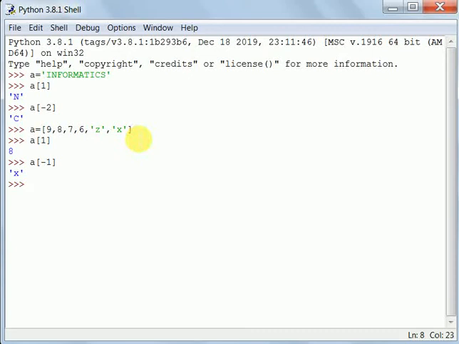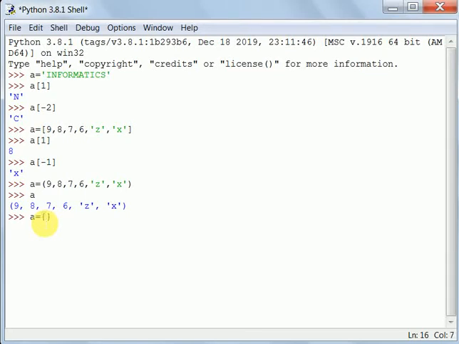Similarly it goes for tuple. A tuple you can give like this. If you don't write in box brackets and give it in normal brackets, then it is known as a tuple. If I check a, you get the tuple, and similarly you can access the contents with 1, 2, -1, -2. So this one data type is string, this one is list, this one is a tuple, and one more is there, that is